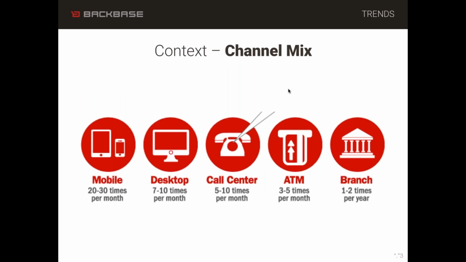Today's topic is next level mobile banking, and it might be good to give that a little bit of perspective. What you see here on the screen is, I think, very familiar for everybody active in the banking and insurance industry. There's a huge change in the channel mix, where 5 years ago the predominant channel was still the branch. We now see a massive switch to mobile channels. For a lot of people this is already totally applicable. You rarely visit the branch, and the majority of interactions with the bank is moving to the mobile device context.